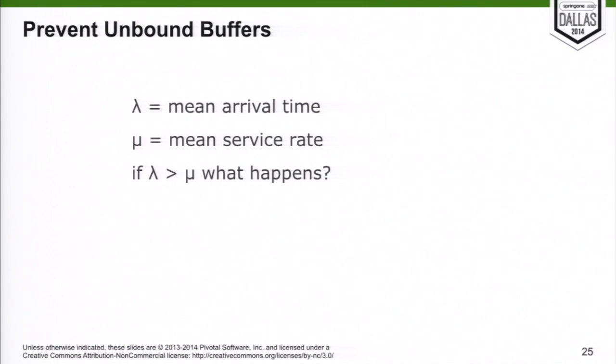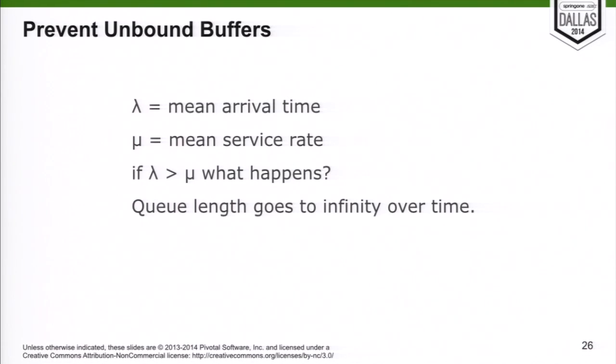So the whole idea of this performance thingy is to prevent unbound buffers. And some realization I had reading a queuing theory book when I saw this equation, it's really simple. It says, if you have a mean arrival rate that is greater than your service rate, so you are getting more messages than what you can process per second, what is going to happen? The queue length will grow to infinity over time. And this is a rather obvious result. But my realization is that queuing theory is mostly about having no queues. The whole point of queuing theory is that you optimize your system up to a point where your queues are basically empty or at a level where you can handle them.